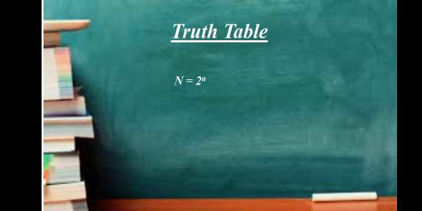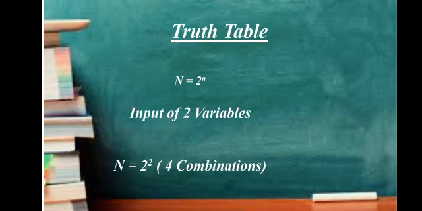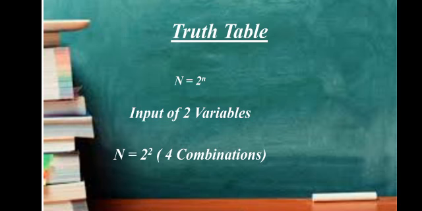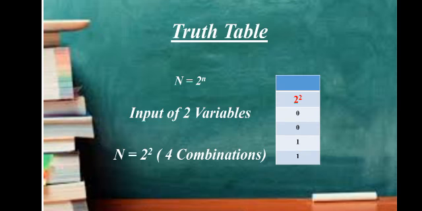As you know that the truth table formula is N = 2^n. If there are two inputs, then what will be the formula? As we know that 2 is the fixed number. Why 2 is the fixed number of capital N? Because computer understands binary digits and binary digits consist of 0 and 1. Two variables are there, so power will be 2 and it will have total 4 combinations. As it was said that in one column there will be one possible combination. So here 2 raised to power 2 means 4. So there will be 4 combinations.